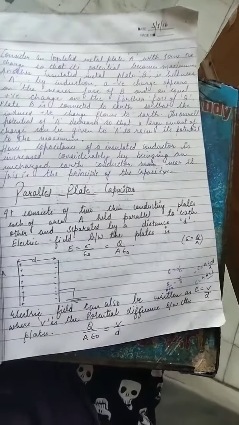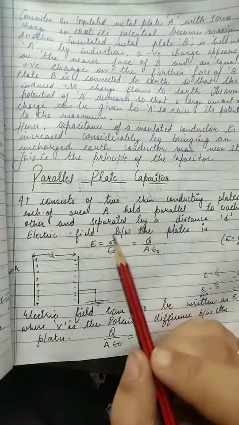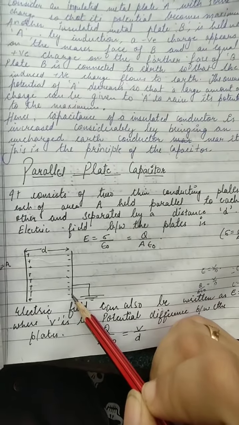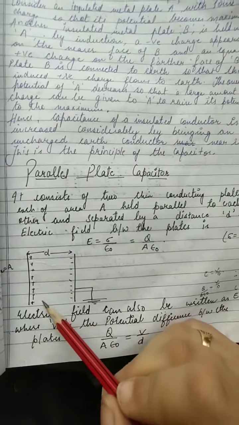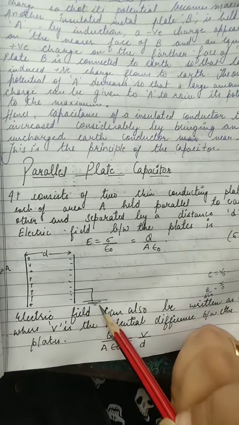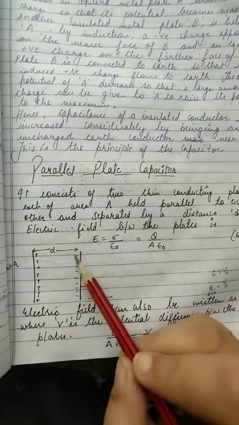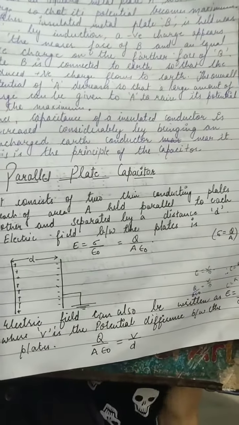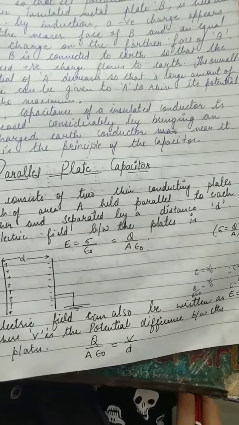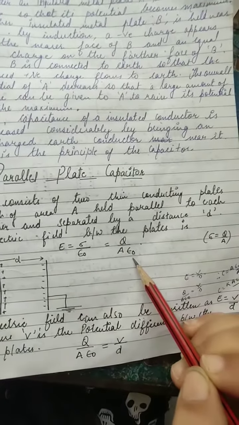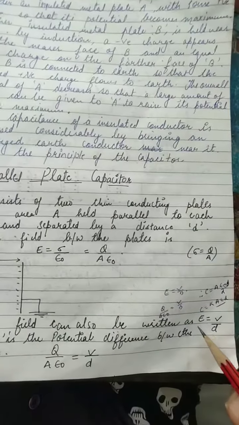The next topic is the parallel plate capacitor. Again we have the same arrangement. We consider a parallel plate capacitor with two plates. One has a positive charge, and the other acquires the negative charge due to induction. The other plate is connected with the earth. The distance between the two is small d. Now we know the relation E is equal to sigma upon epsilon naught, where sigma is Q upon A. We get E equal to Q upon A epsilon naught, and V upon A epsilon naught.